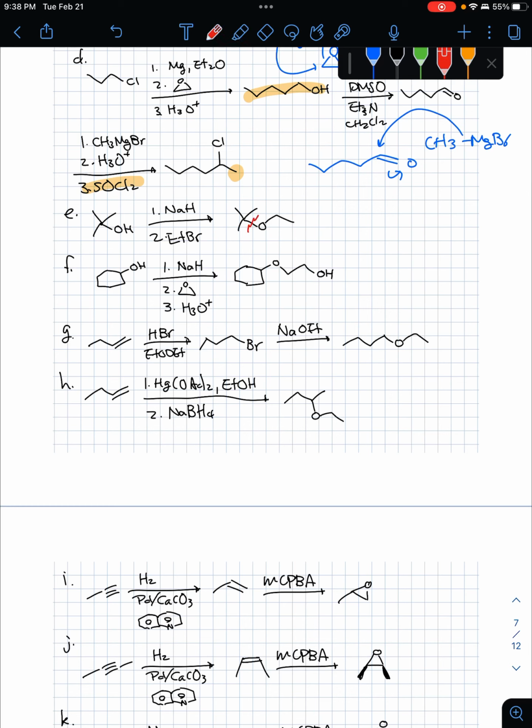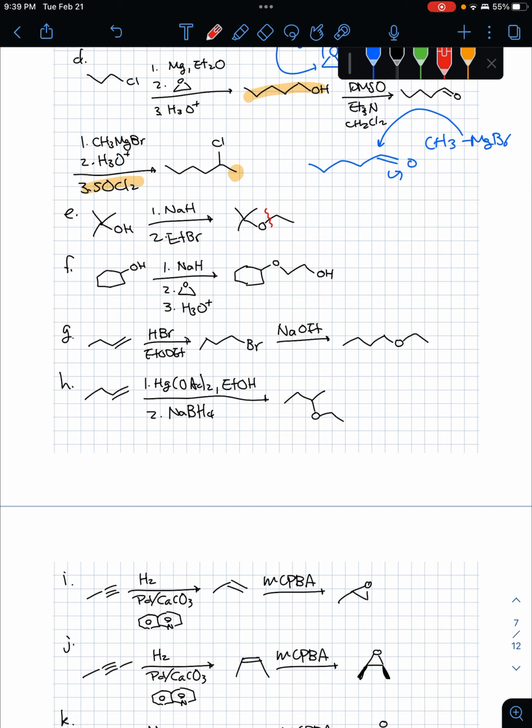And we can dissect this either here or there, but one of those is utterly impossible. We cannot dissect it here because then we would have to do, remember, Williamson ether synthesis is an SN2 reaction. You cannot do an SN2 reaction on a tertiary carbon. So for that reason, we're going to dissect it right here. And that will get us back to the